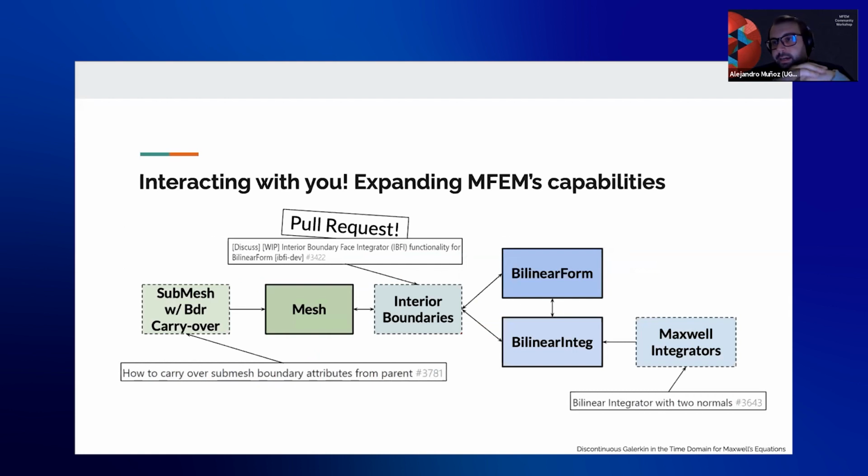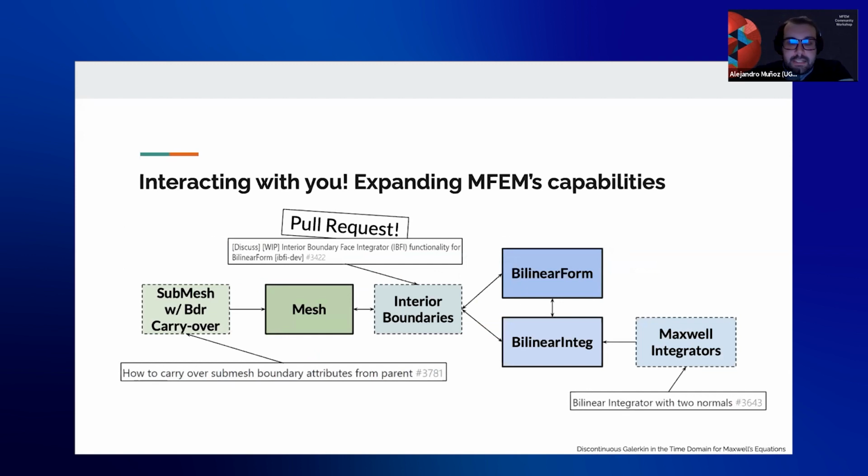So the main thing here is interacting with you and trying to expand some MFEM capabilities in a cooperation effort. What you can see on solid lines are what we barely touched, but we had to consider modifying slightly in the base MFEM code.